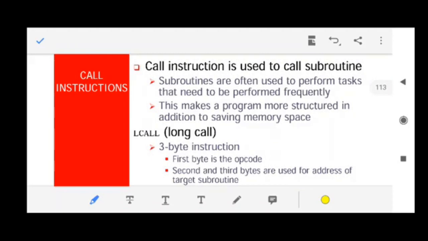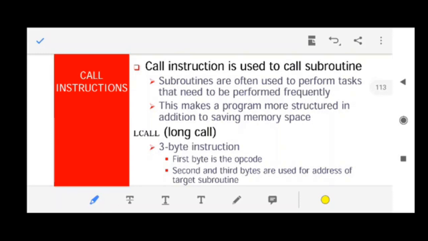Actually, what happens when you want to make a jump from one program to another program, more specifically, this is a specific definition. Actually the technical definition is something else, but I like to tell you the specific definition. A call means you are jumping from a particular location in a program to another location in another program.